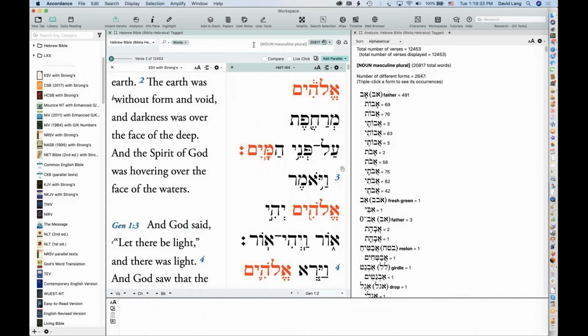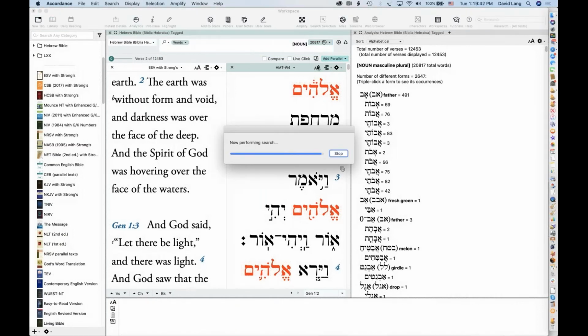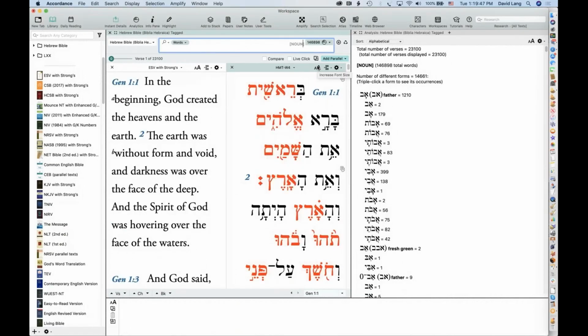So I could do a search for every noun if I wanted to. That might take a while to perform. Well, it probably won't take that long. So this is finding every noun in the Hebrew. That takes a couple of seconds, but now it's found me every noun in the Hebrew. All right. So that's how you search using the grammatical tags.